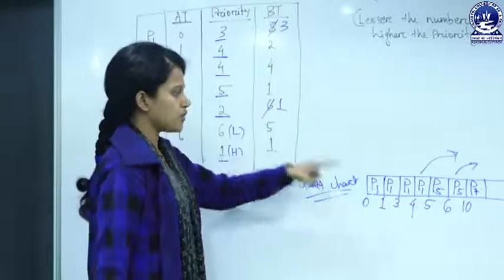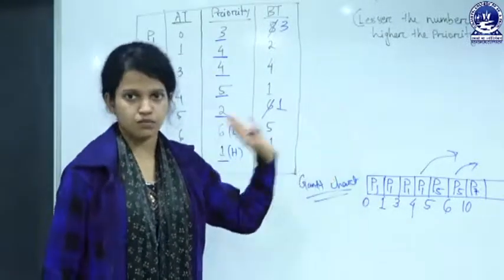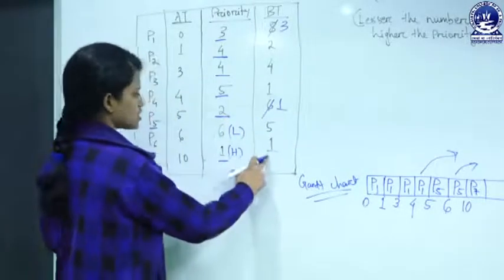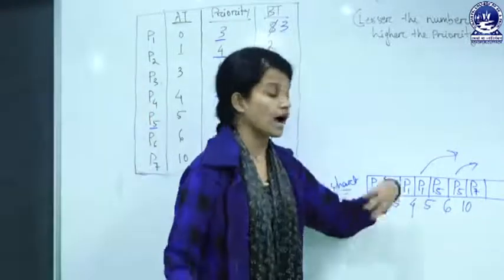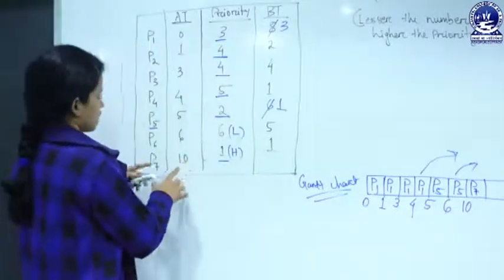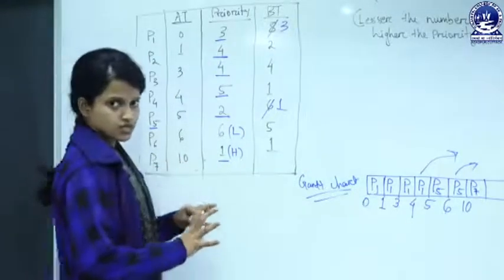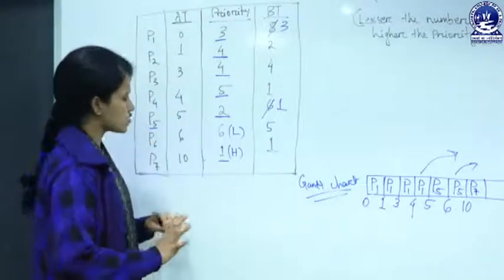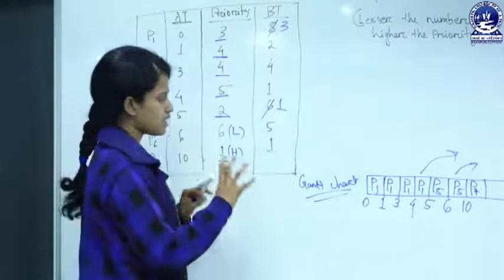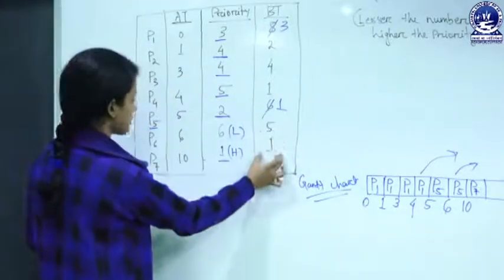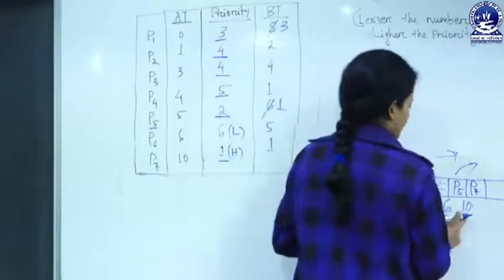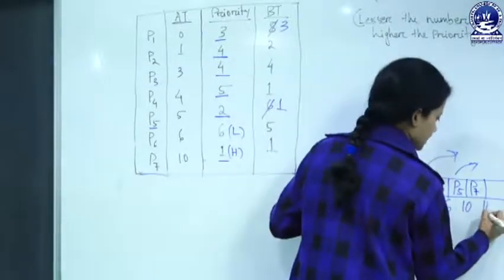Okay. Now P1 and P5 are in the waiting state, blocked state. Okay. So P7, the burst time of the P7 is 1. So for how many milliseconds is P7 executing in CPU? See, after 10, are there any processes which are in ready state? No, there is no process in the ready state after 10 milliseconds. Okay, we have to allocate the CPU to P7 for its burst time. The burst time of the P7 is 1. So P7 will continue its execution 10 plus 1, that is 11 milliseconds.